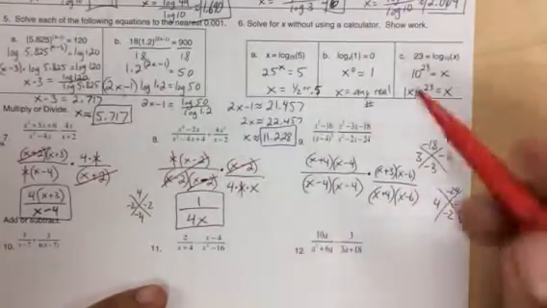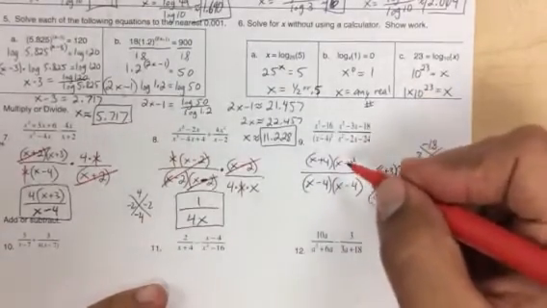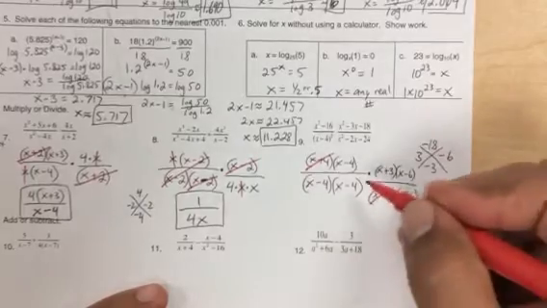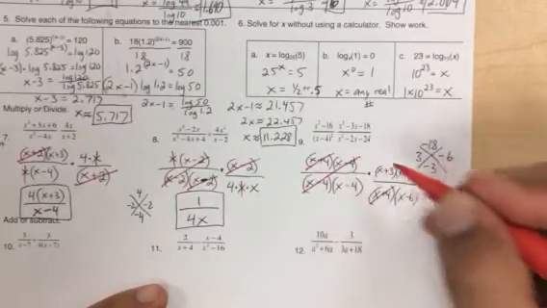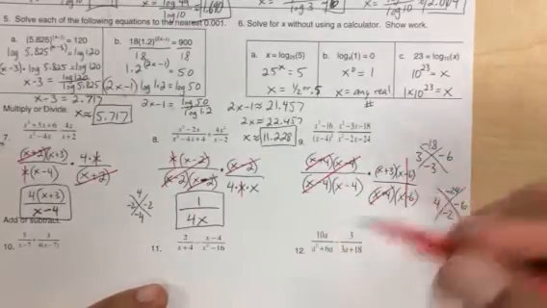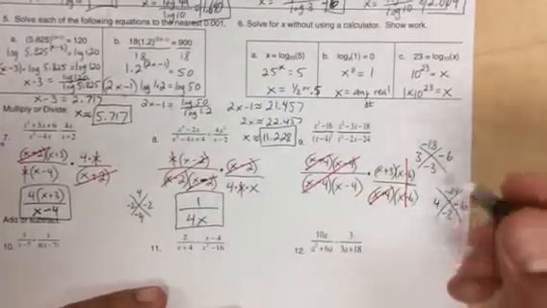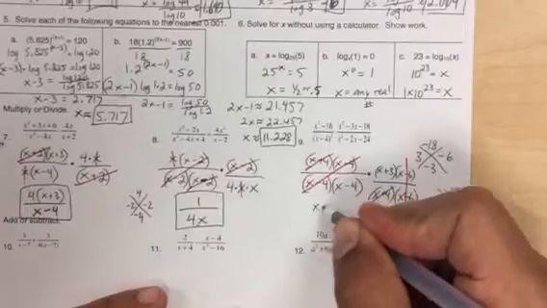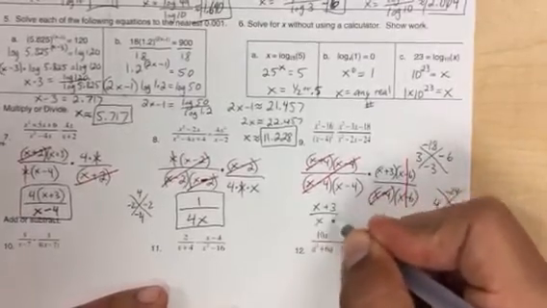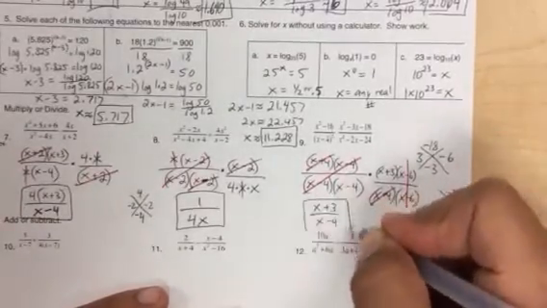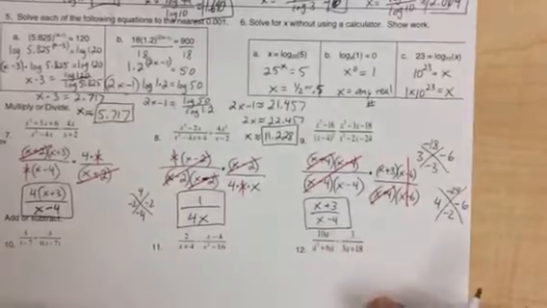So now we can see that we have this one and this one cancel out, x minus 4 and x minus 4, and x minus 6 and x minus 6. So we are just left over with x plus 3 over x minus 4. That's your answer. Alright,